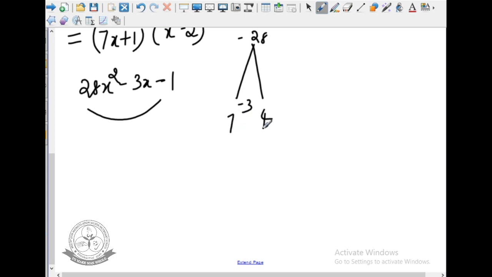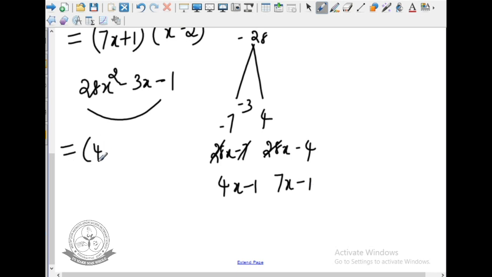In the last step I told you, if you are having minus in both the multiplication and the addition, you should take the minus in the greater number. So in the coefficient here I am having 28. So 28x − 7, 28x − 4. Here also I can do the cancelling. 4x − 1, here 7 fours are 28, 7x − 1, right? So for this one the factors are 4x − 1 into 7x − 1.